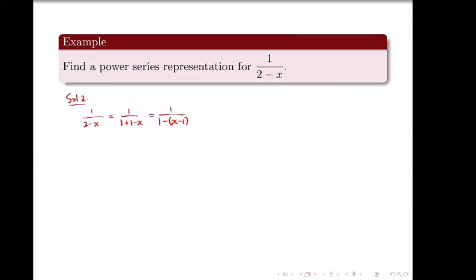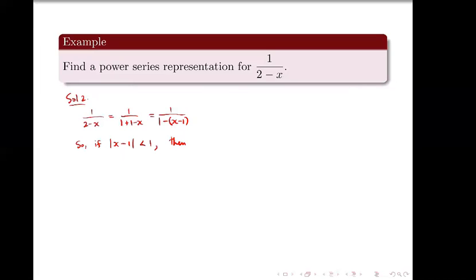Correct? So 1 minus something in the denominator. So if the absolute value of x minus 1, this time it's x minus 1 because this is that guy here, is less than 1,